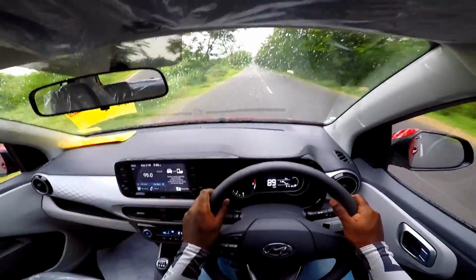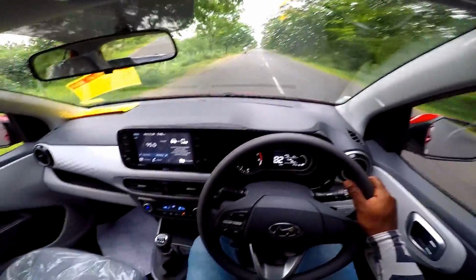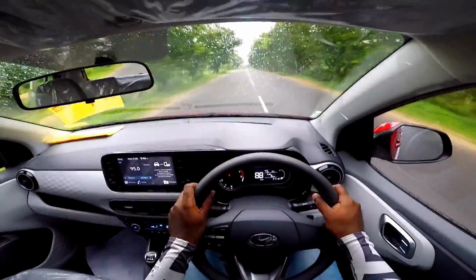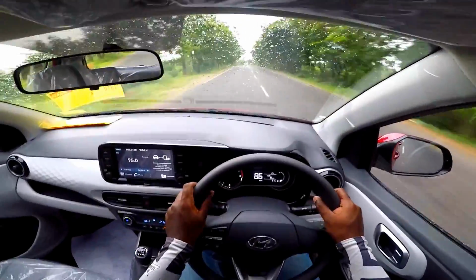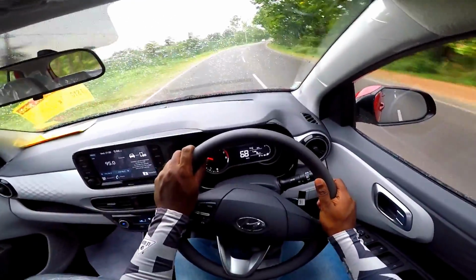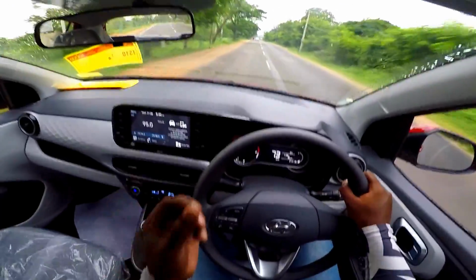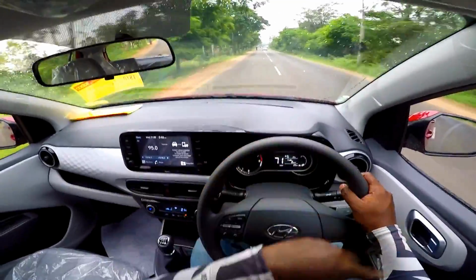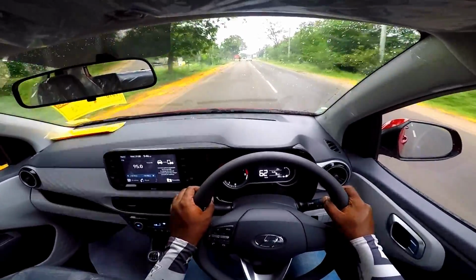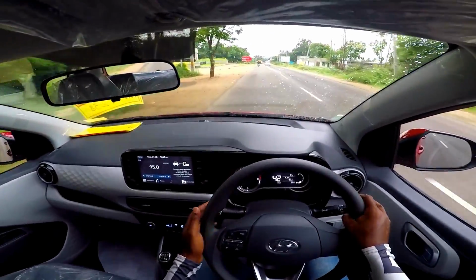This is just the 1.2 liter petrol, the Kappa petrol. So there's nothing gimmicky about this, but still it's pretty well tuned to put a smile on your face every time you step on the gas. Wow, that's very responsive. I'm sure most of the enthusiasts will love the way this car is responding, and the steering feel is very well done. The steering sensitivity at low speeds, it's nice and easy to maneuver, you know, just take U-turns and all quickly. But at the same time, when you step on the gas and the speed builds up,